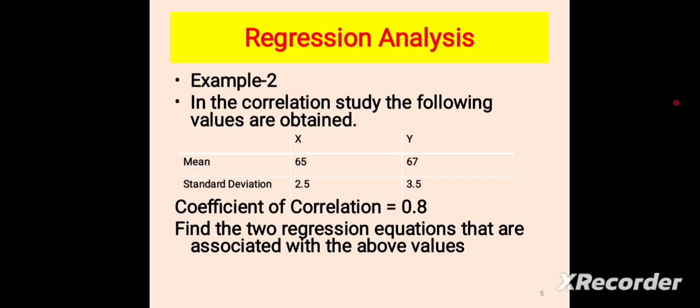That is the next example, example 2, we have taken. In the correlation study, the following values are obtained. Mean of x is equal to 65, y is equal to 67. Standard deviation of x is equal to 2.5, y is equal to 3.5. Coefficient of correlation is equal to 0.8. That means the relation between x and y is 0.8. So find the two regression equations that are associated with the above values. Two regression equations means y on x and x on y. So we can first